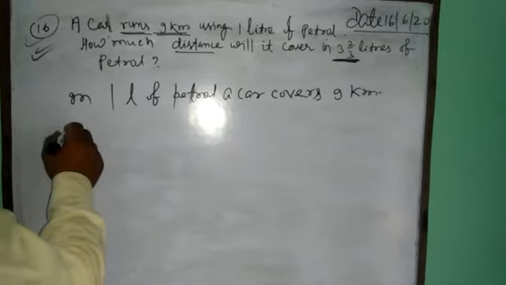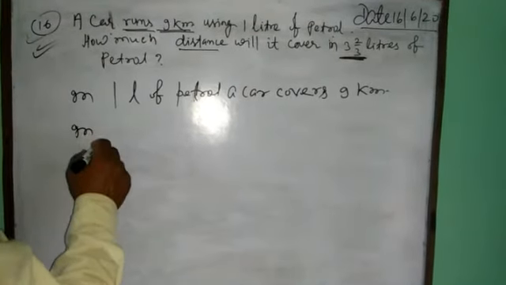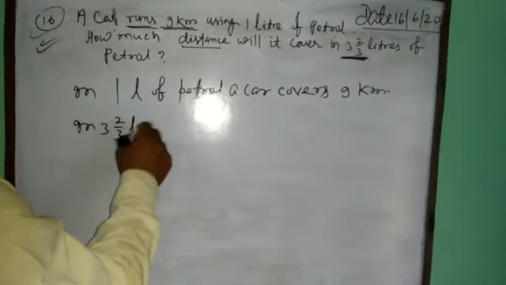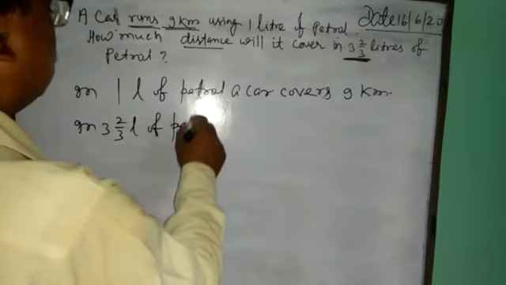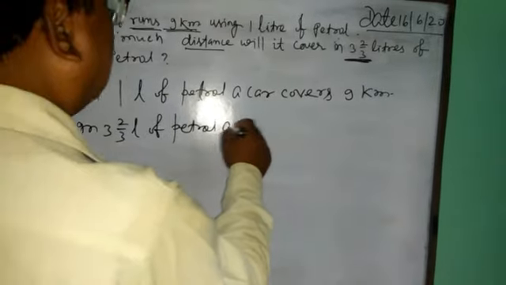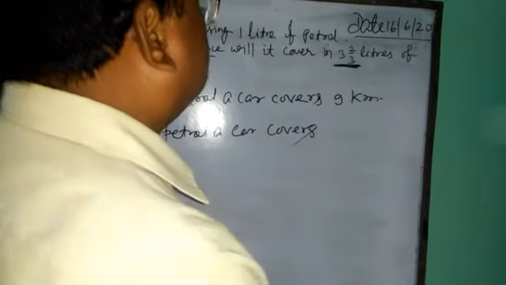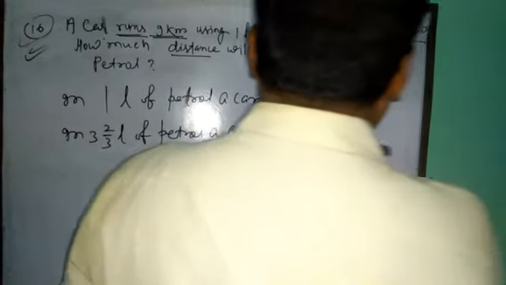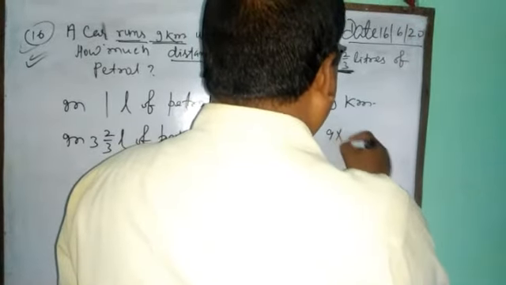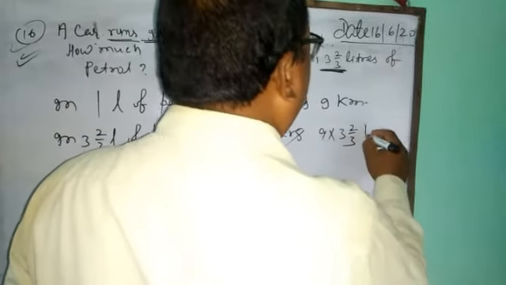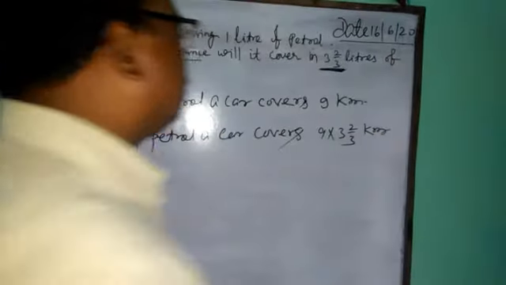Similarly, we write in 3 whole 2 by 3 liter of petrol, a car covers 9 multiply 3 whole 2 by 3 kilometer